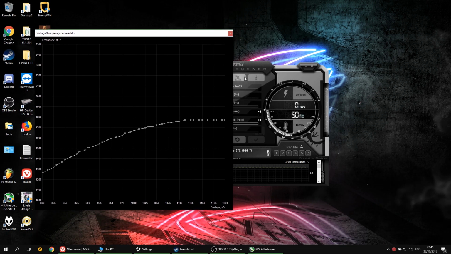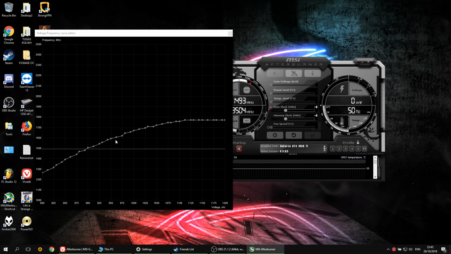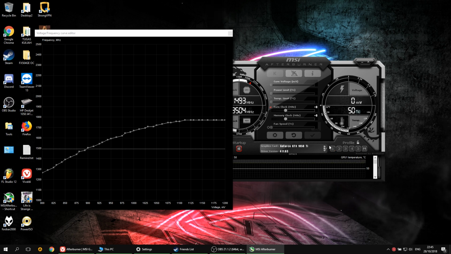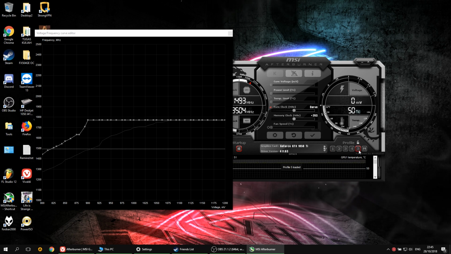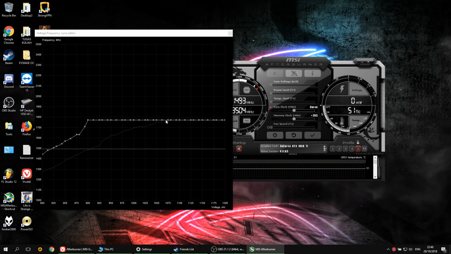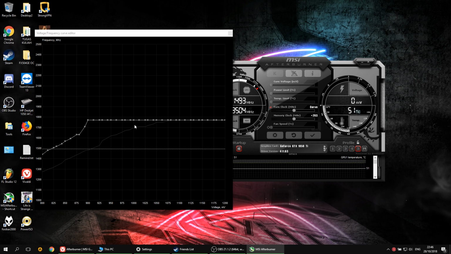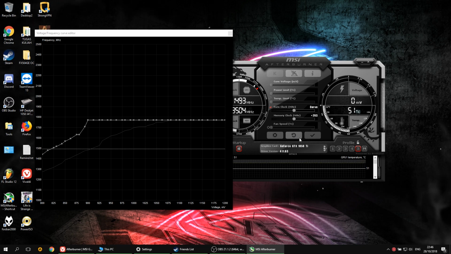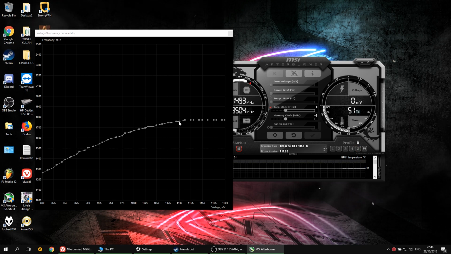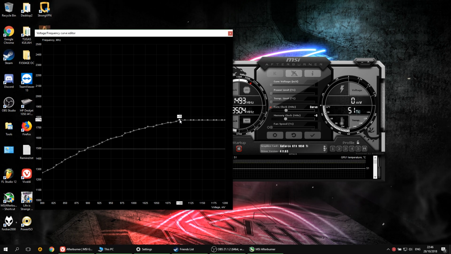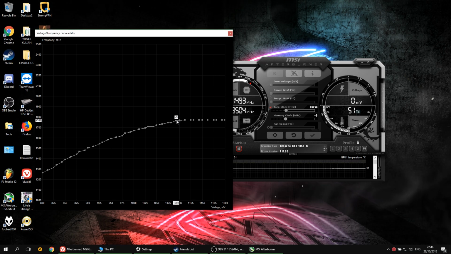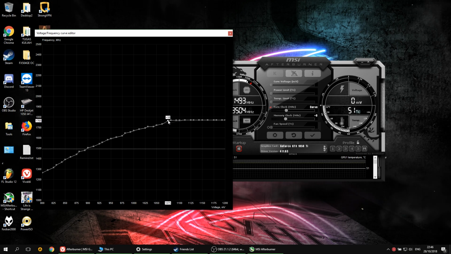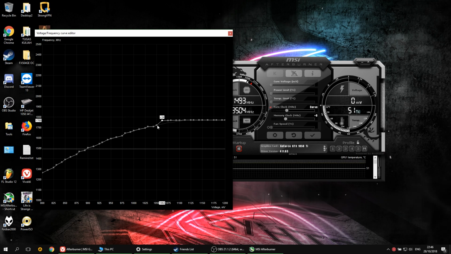And okay, here's the curve, and I've made my own curve. This one is my curve here. We should try to make this. So how are you going to make that curve? You're going to pull this up. We got 1770 megahertz. I don't know how to say it, sorry for my bad English. Then just pull this up and make it flat until